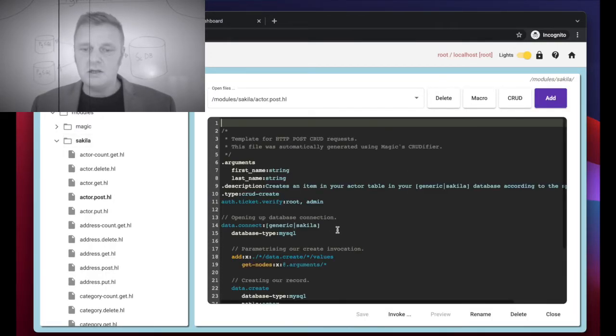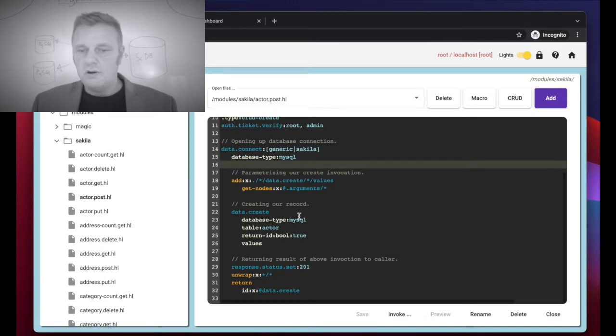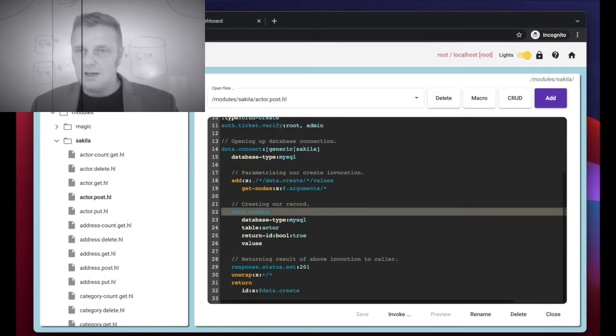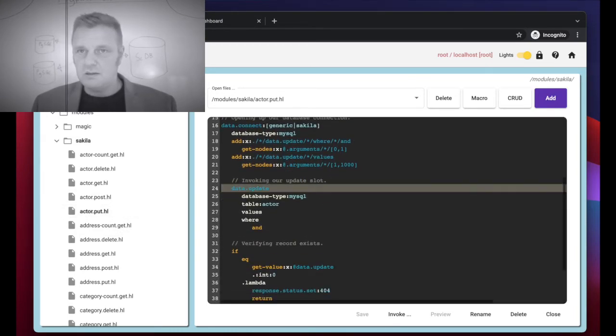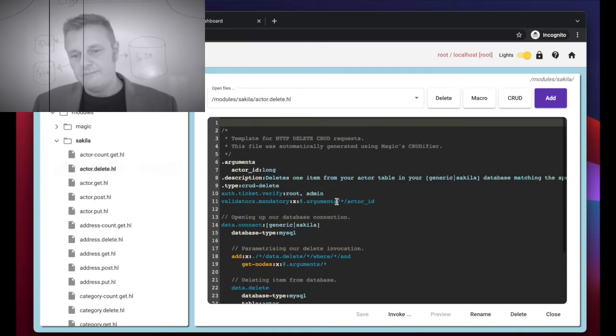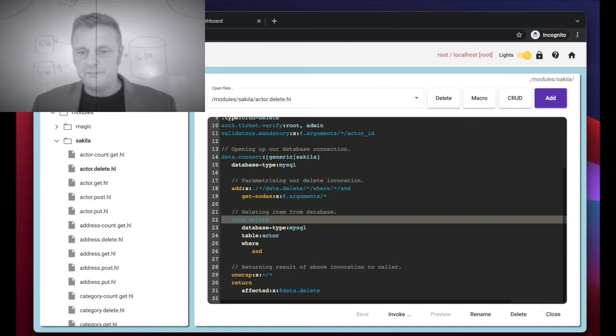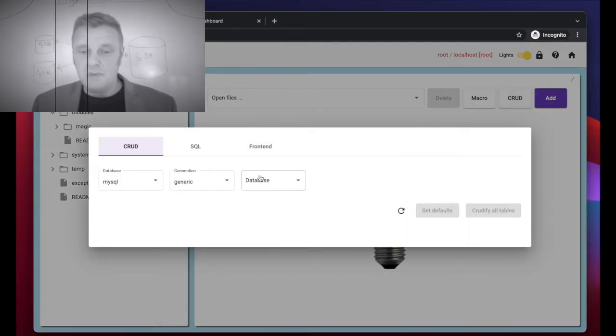HTTP post invocation, and posts are data.create invocations, meaning the C from CRUD. Put is data.update from the CRUD acronym. Delete is delete, of course. So basically Magic creates 5 HTTP endpoints for every single table you have, and we can actually see this more easily if we delete this guy, and we can actually open up the CRUDify menu item from here,